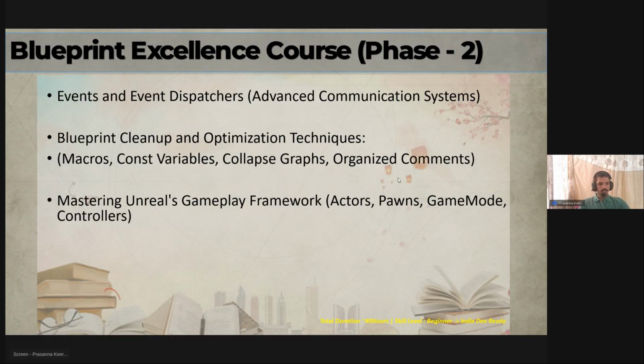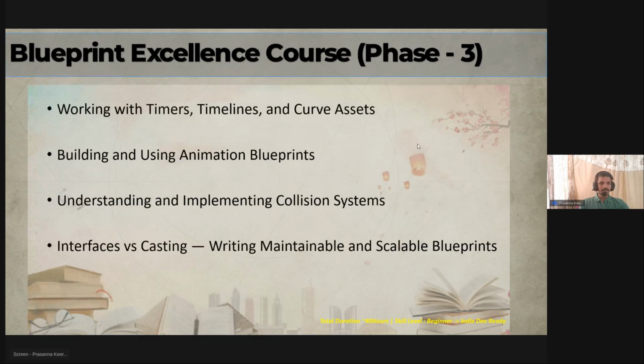Then mastering the gameplay framework, which allows you to think more abstractly. Like I said, there is a lot of built-in functionality within the Unreal Engine, so you don't need to do everything from scratch. And don't believe the people on the internet saying that if you build everything from scratch, then you are a real genius. No, if you start using the things that are already there on the internet and try to bend them to your creativity, you are the real genius. If you just look back at history, that is the true matter of fact. Example, Apple. Yeah. And the third part of the course will talk about timers and the important gameplay mechanics.